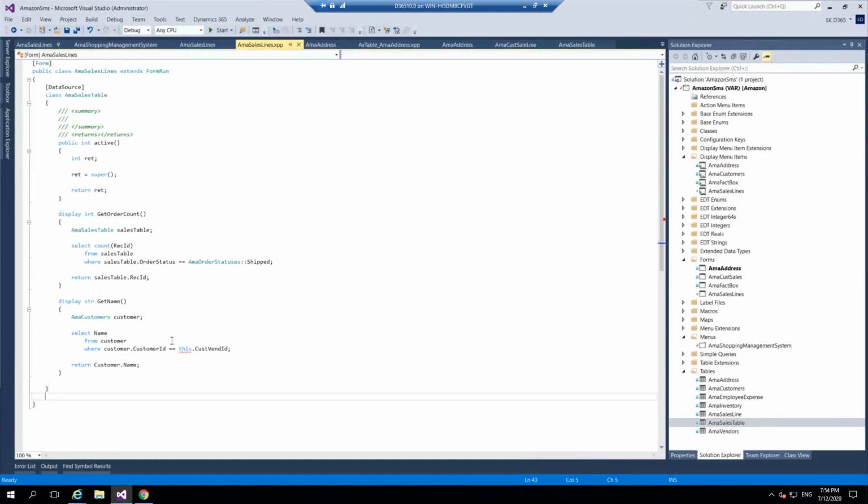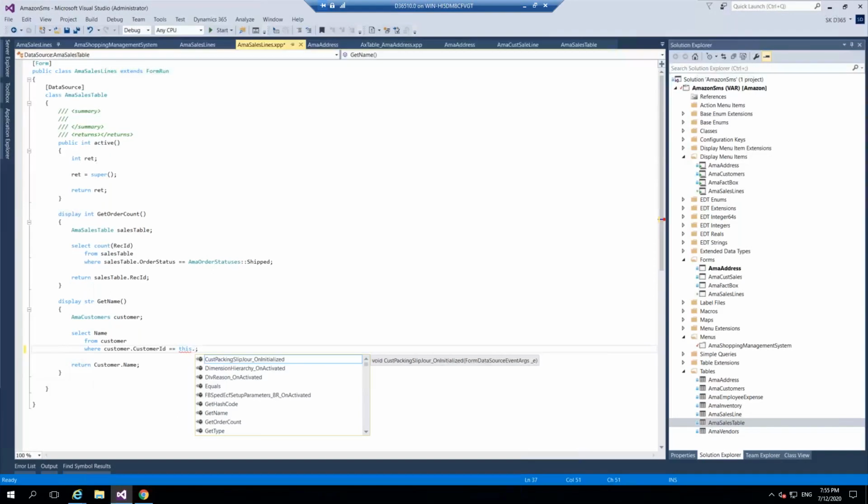Now, why is this throwing the error? It says customer data is there, but it is saying customer data is not available. Why? Can anyone tell me? Because this is the form data source. Here, if you use this, you need to check what exactly it is giving. If I use this dot, I'm getting all these things. And let me check if I'm not getting anything here because it is not able to find the